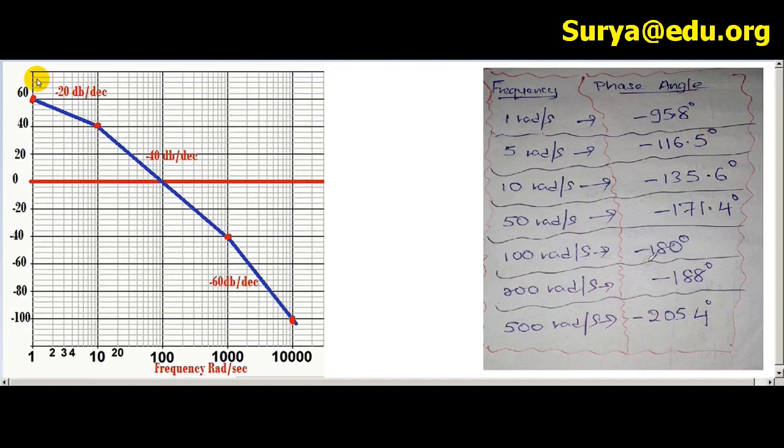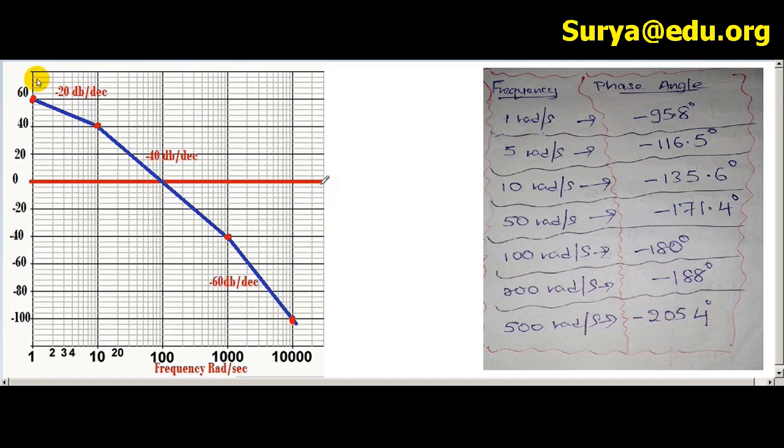So now the ultimate target is to plot these values in that semi-log graph. So now let's see how to do that. So now you know this is the reference 0 decibel magnitude line. Doesn't matter, the same reference line, for this side it is playing as the 0 decibel line for the magnitudes, and at the same time this is playing as the reference line for the phase angle side.